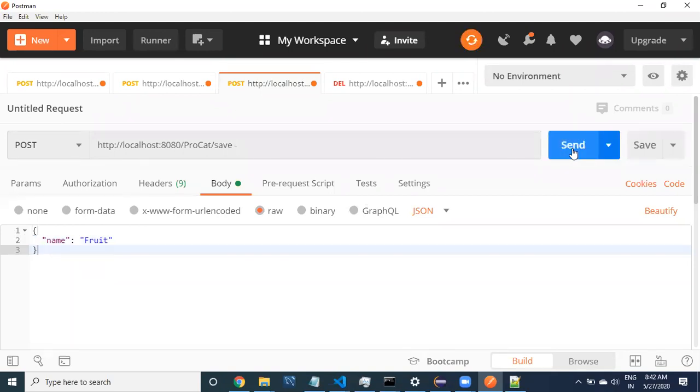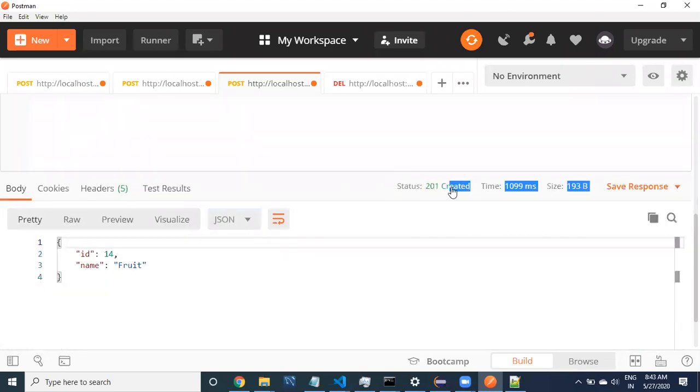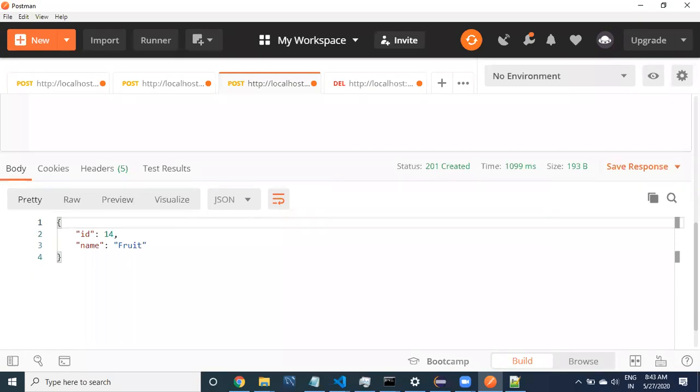Now I'm expecting 200 or 201. Come down. Yes, 201. 201 indicates creation. If you create any resource, meaning the data you are sending, that can be called a resource. If the resource is created, then the indication is 201. Fine, the resource is created.